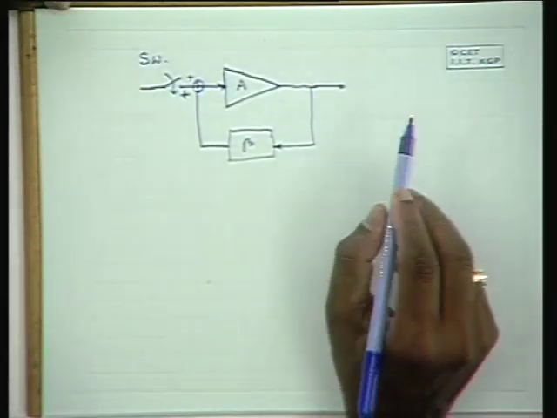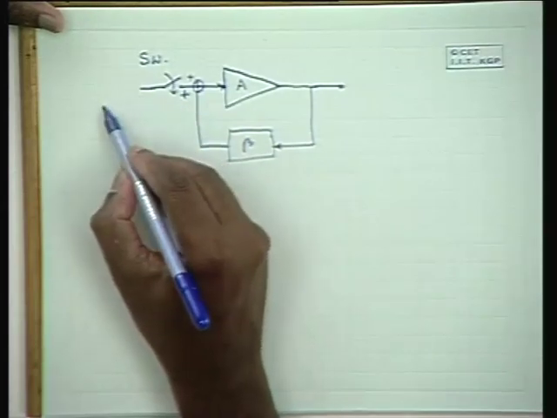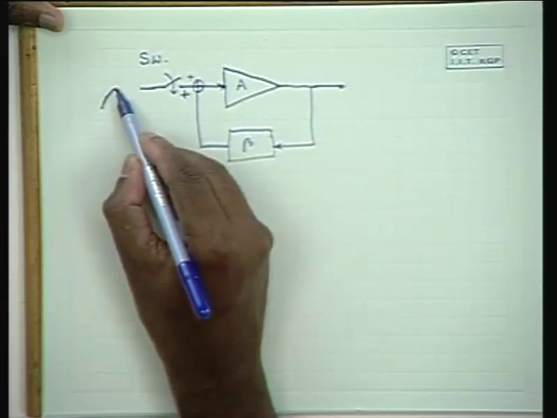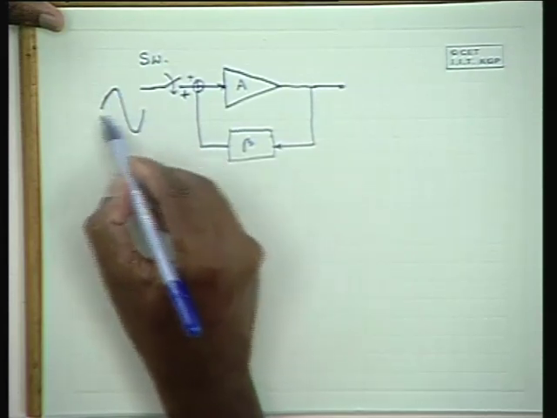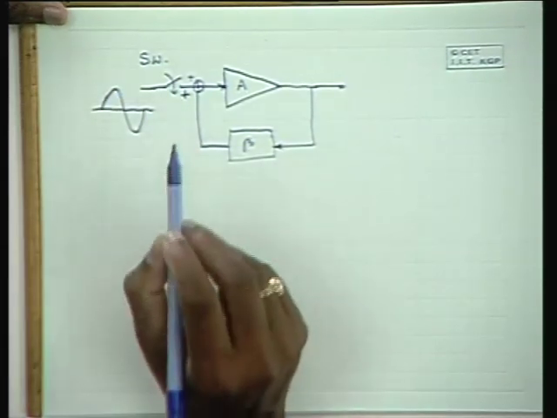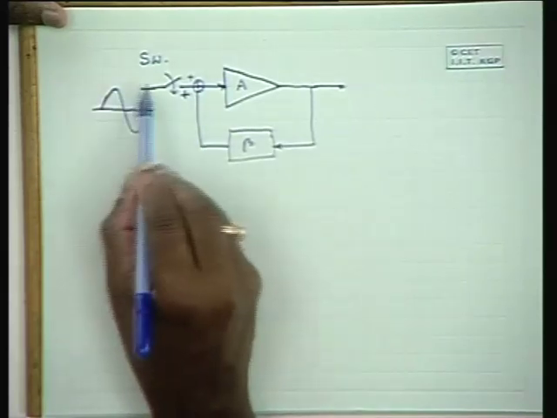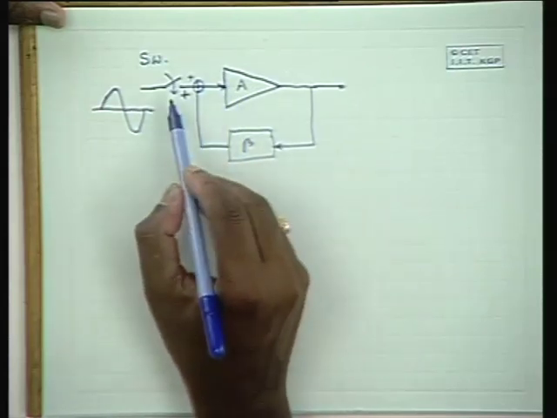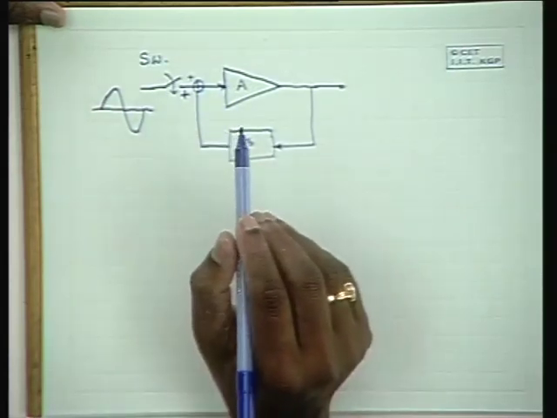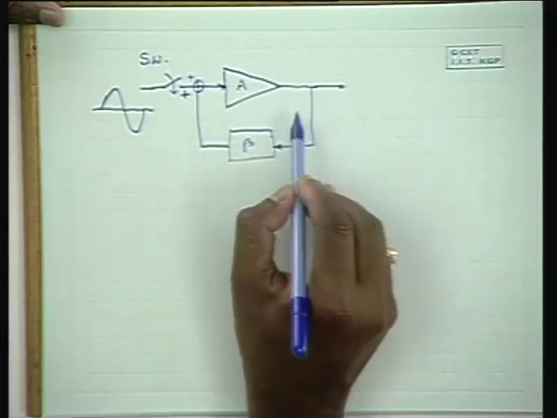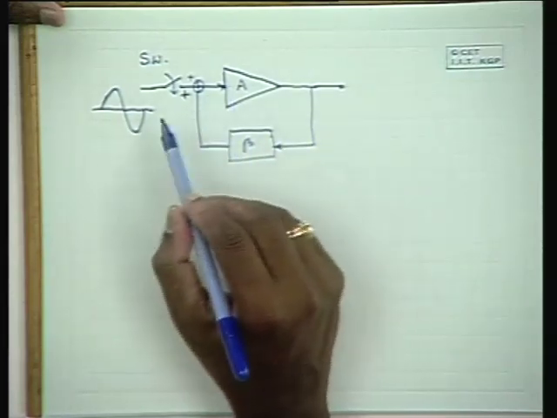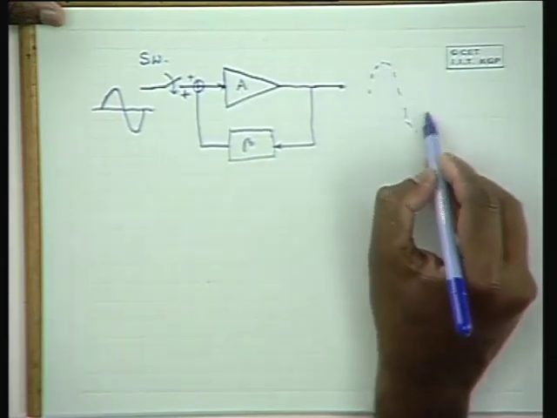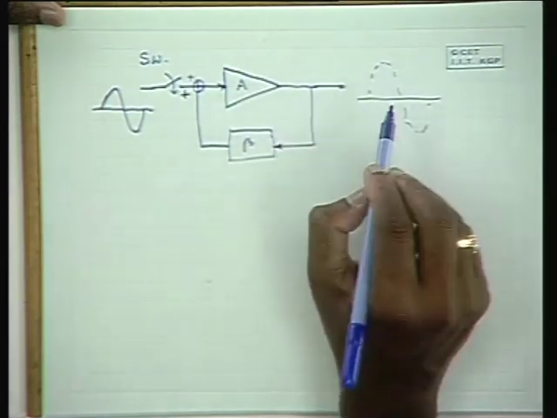In this kind of arrangement, you input one cycle of a sinusoid into this amplifier and open the switch, and the amplifier amplifies the signal. The voltage is a strong voltage, and say it has some delay also involved,